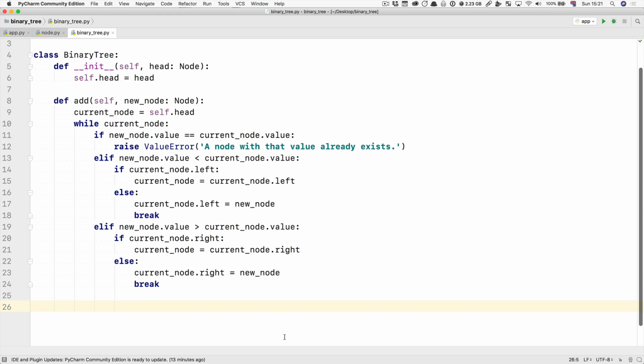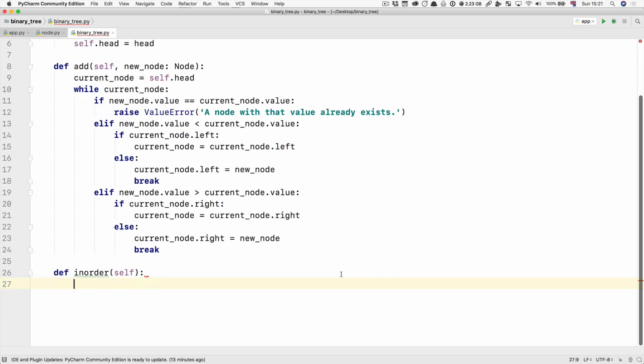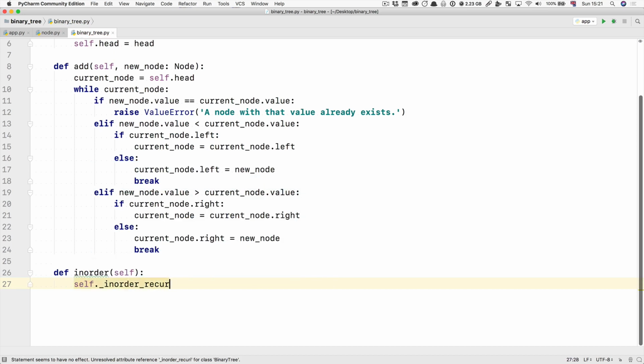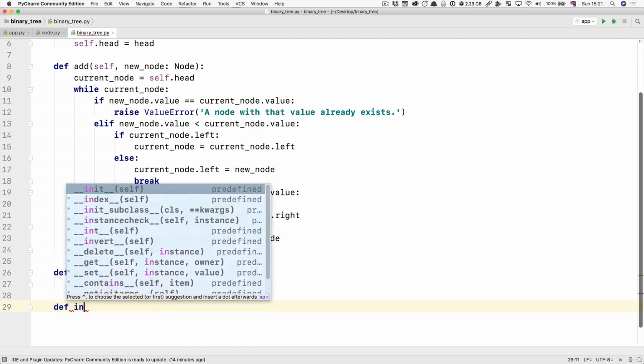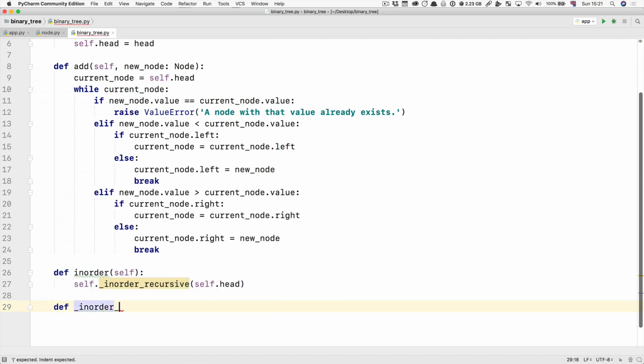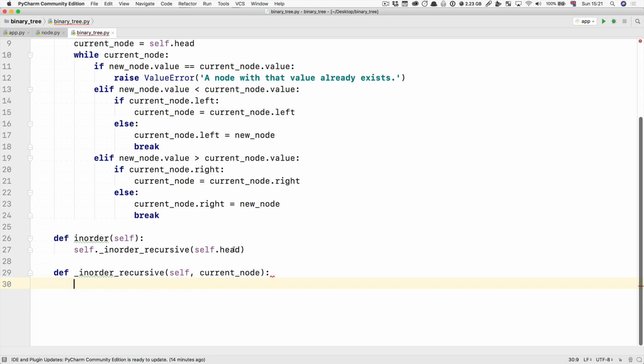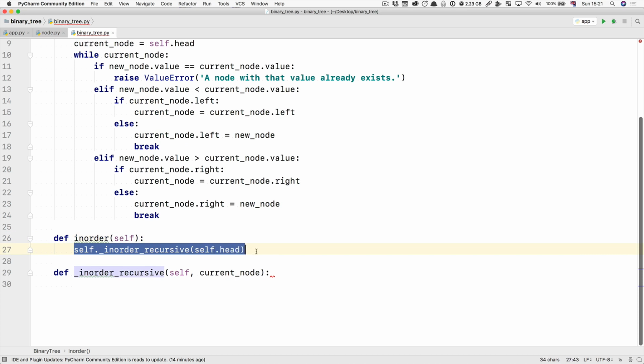In order to traverse in order, we are going to use recursion. So let's first write inorder recursive. I'll type out a wee method here and I'll explain exactly what's happening. And also, as part of this, I'll explain, of course, what recursion is, because I know that we've not done that yet. What we've done here in this inorder method is it doesn't take any arguments, but it calls another